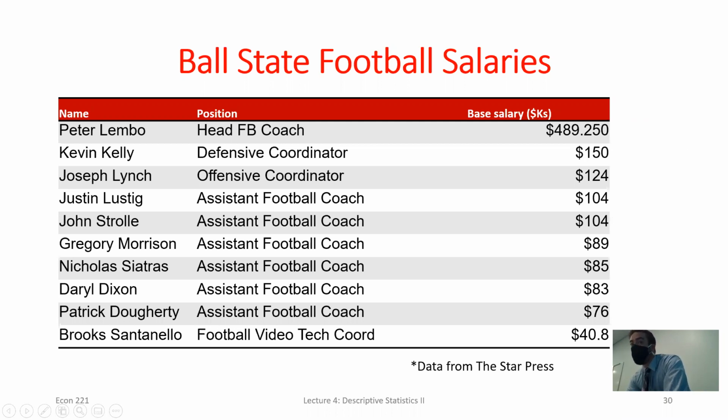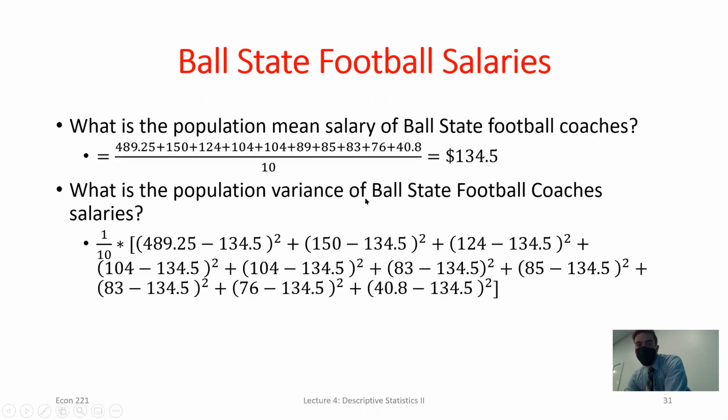Then we have to add them all up and divide by the total number of observations, which is n. We're going to treat this as a population data set because it includes every football coach that was being paid at the time for Ball State, okay? If I write that out, it looks a little messy, right? I wrote out exactly that process I described: take that first salary, subtract the mean, square it, add to that the next salary's deviation from the mean, squared. Continue to do this for every observation.